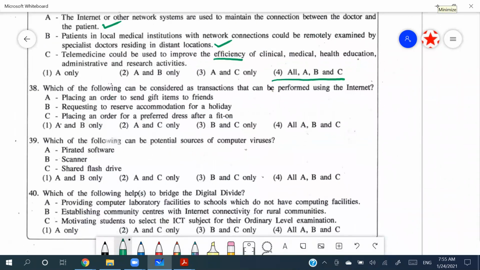So question 38: which of the following can be considered as transactions that can be performed using the internet? Transactions using the internet. A, placing an order to send a gift item to friends. Yes, we can place an order using an online store, right? And B, requesting to reserve accommodation for a holiday. Yes, that can be done because there are hotel sites, so we can go there and request and see whether